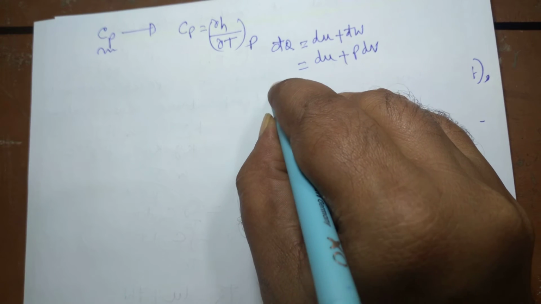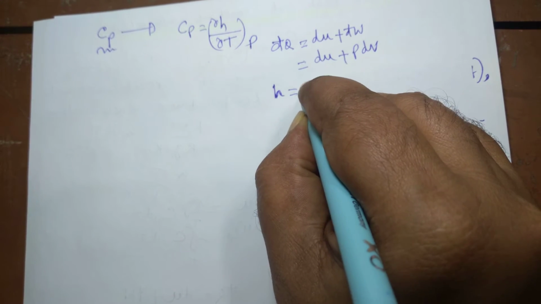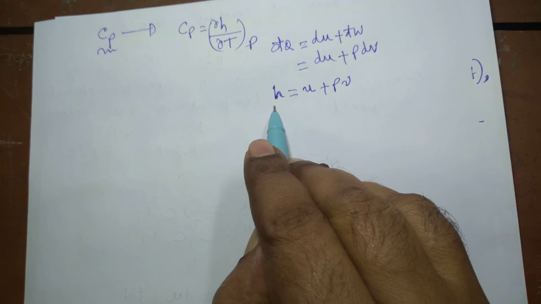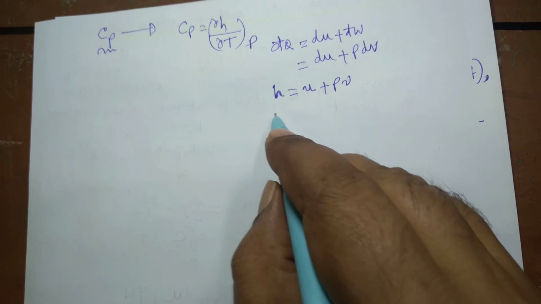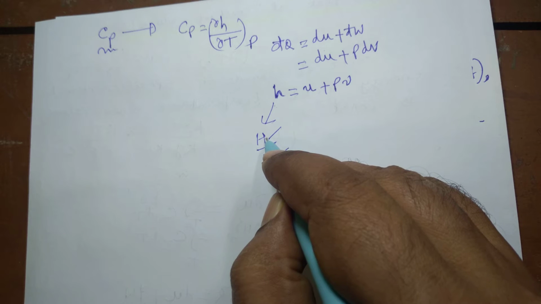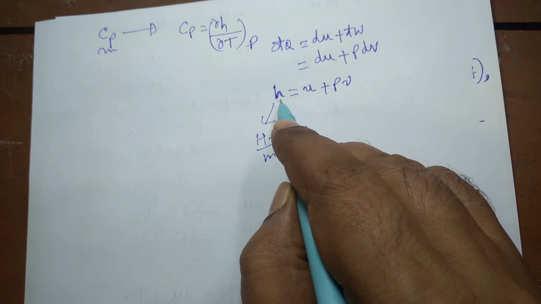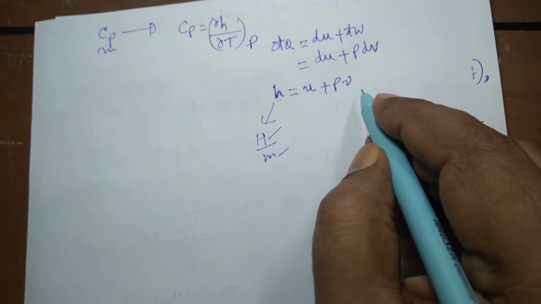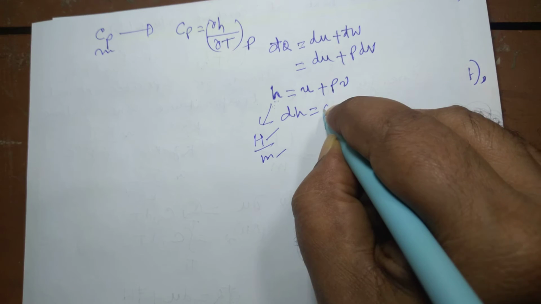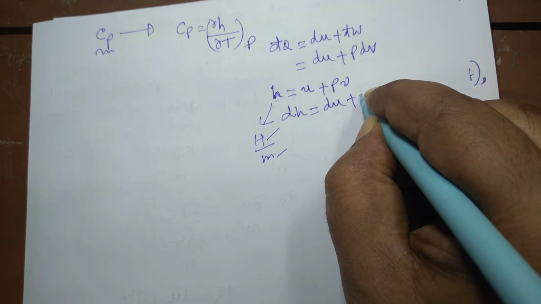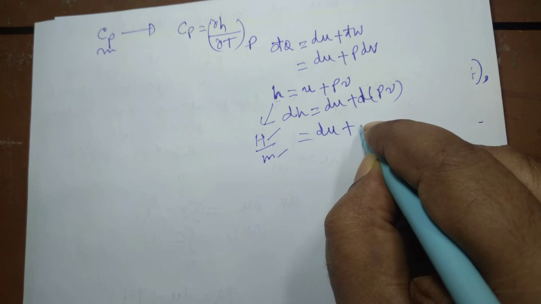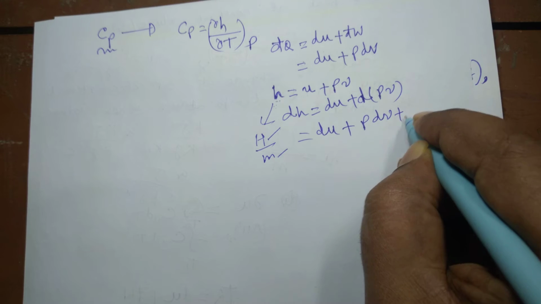But we know that specific enthalpy h is equal to u plus Pv. This is specific enthalpy and its unit is kilojoule per kg. Capital H is the total enthalpy, divided by mass m. When total enthalpy is divided by mass, it yields the specific enthalpy. h equal to u plus Pv. If you differentiate this, it would be du plus d of Pv, which is equal to du plus PdV plus VdP.